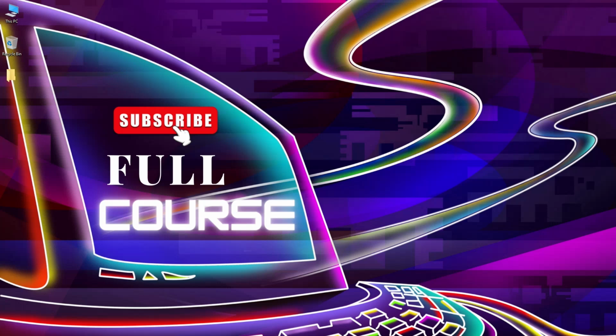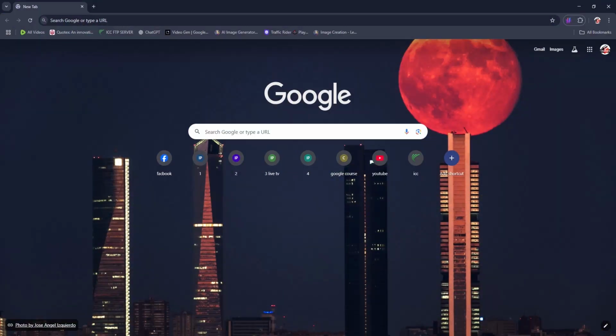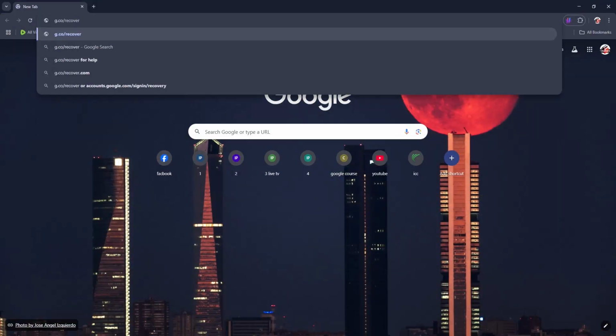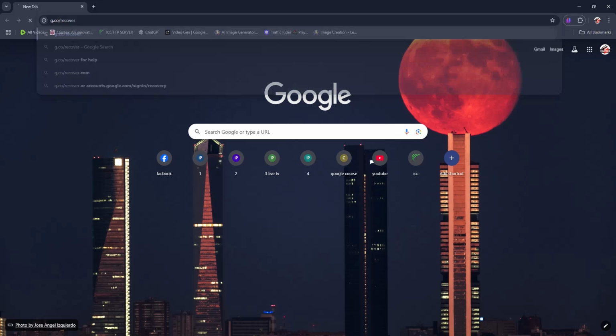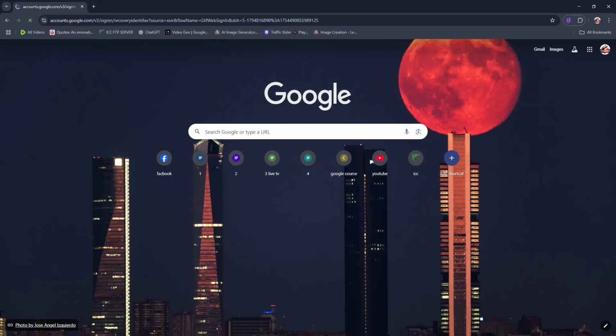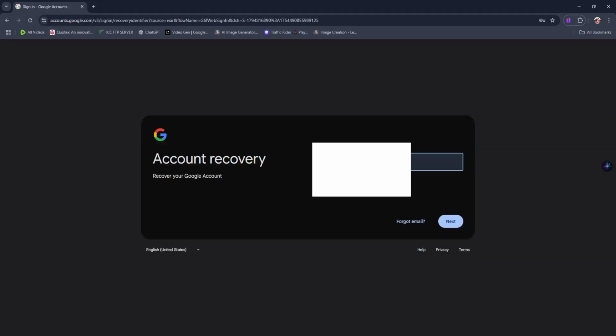First, open your browser and go to this website, g.co/recovery. Search this on your browser and here you can see account recovery. Recover your Google account. So simply give your email or phone number. So I'm going to click on next